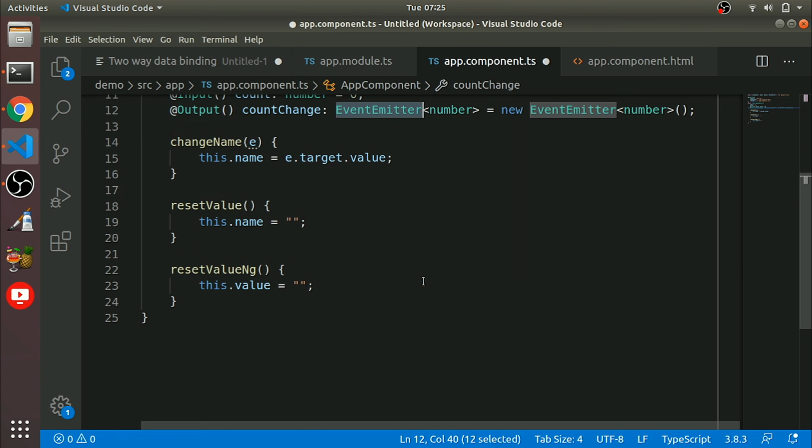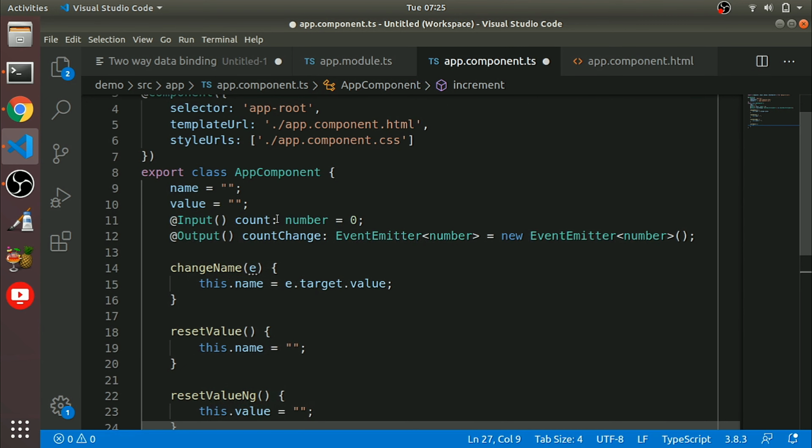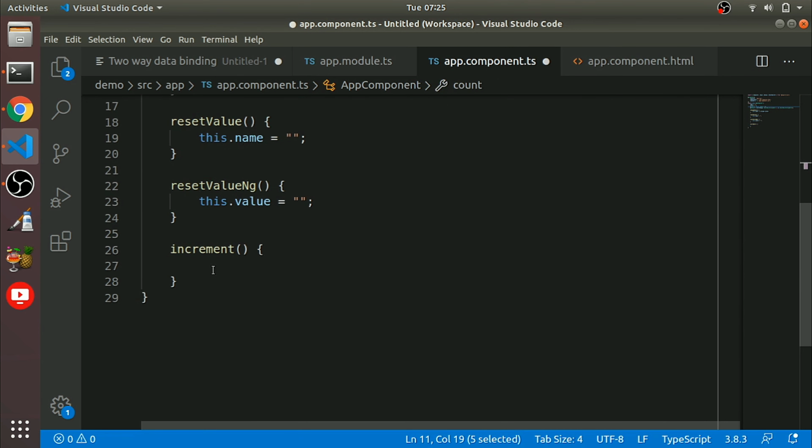Okay, so we'll add a method here, increment. What we'll do here, we add to count, this.count++.